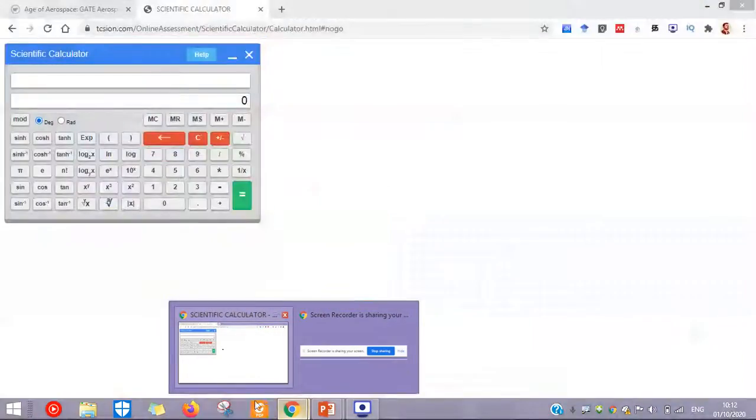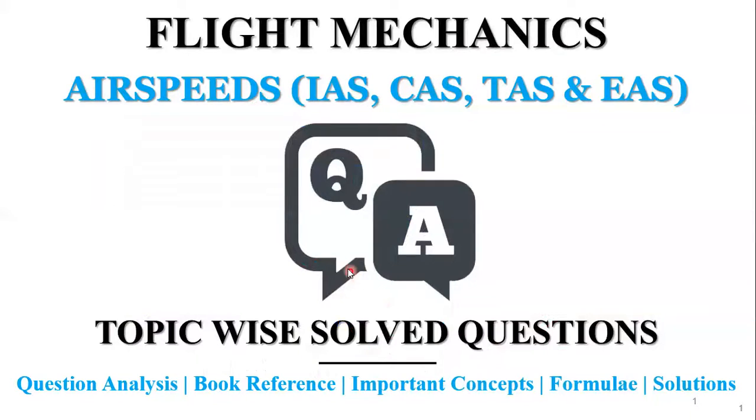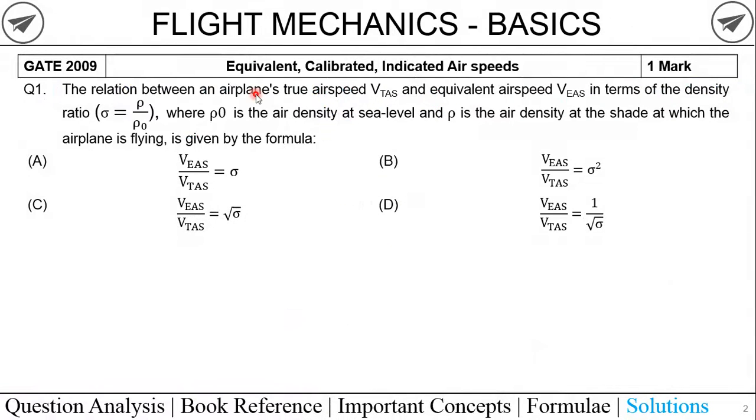So here, now we are going to solve the topic wise solution. Here we have a first question from GATE 2009, and it is a 1 mark question from this topic, equivalent, calibrated and indicated airspeed. Now, getting to read this question, the question mentions that